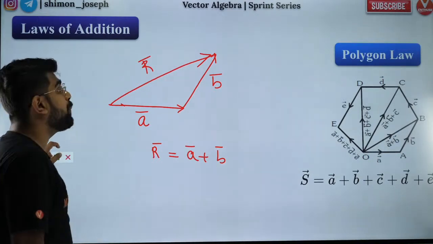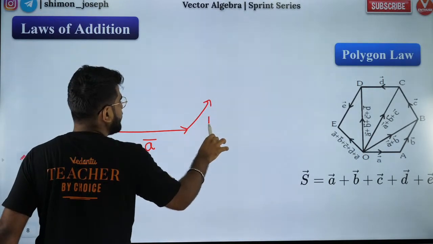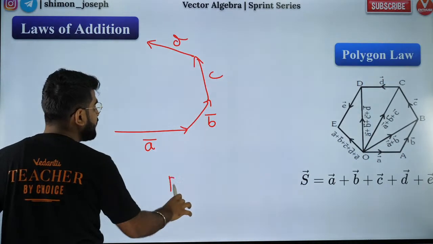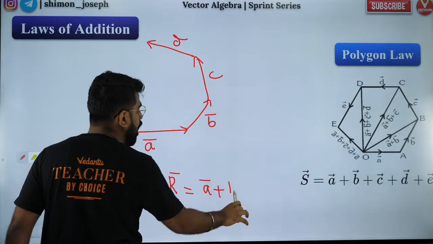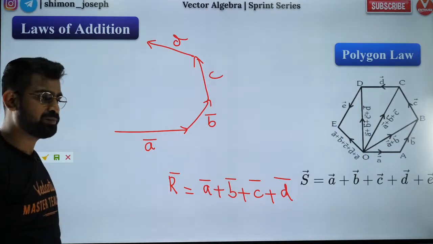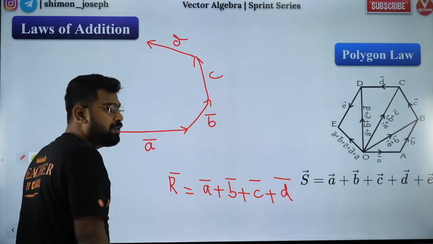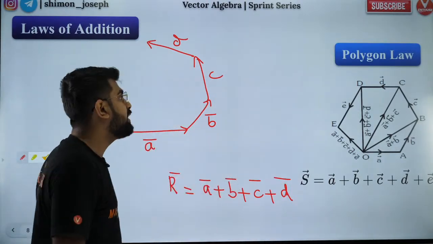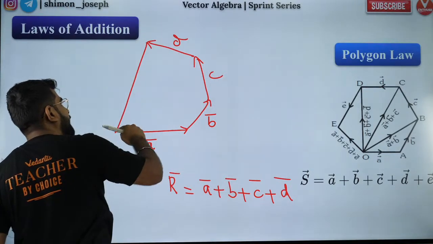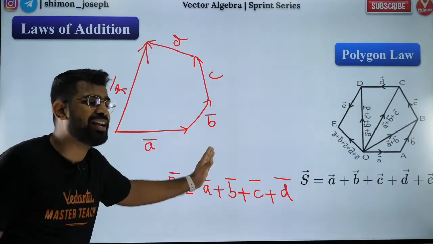Now, if I want to extend it to the polygon law, what it says is, let's say you have the A vector like this. Then you have the B vector like this. Then you have the C vector like this. Then you have the D vector like this. Then the resultant is what? The resultant is the addition of all of them. Sir, very complicated, sir. How do we do this? Very simple, my dear. It is actually very simple. So, R vector is equal to A vector plus B vector plus C vector plus D vector. The resultant is going to be, I told you now, complete the polygon, but in the opposite direction. That is my resultant. As simple as that. That is your statement of the polygon law.